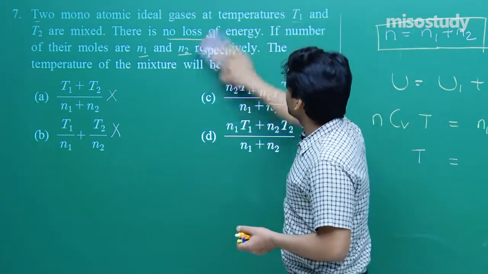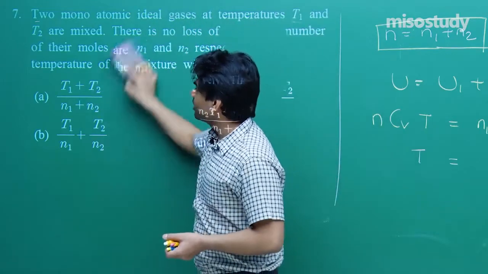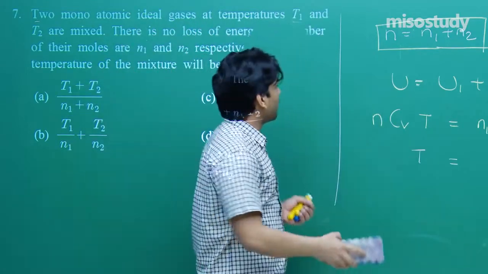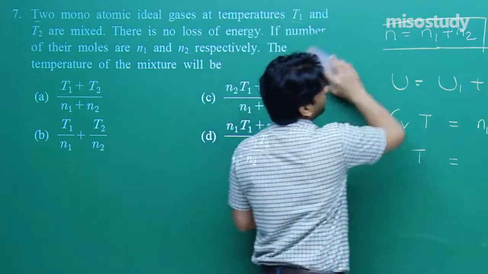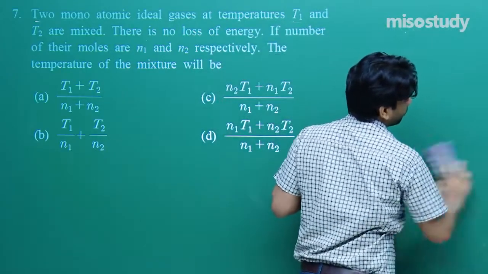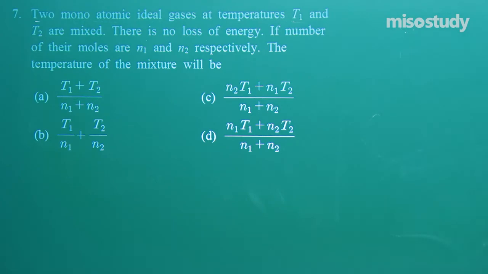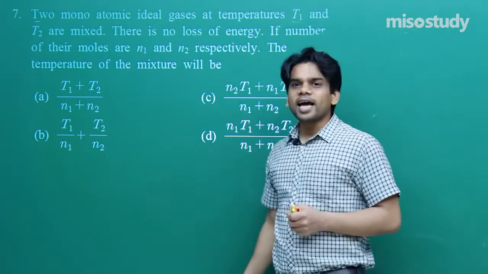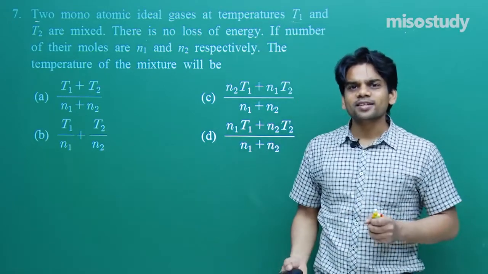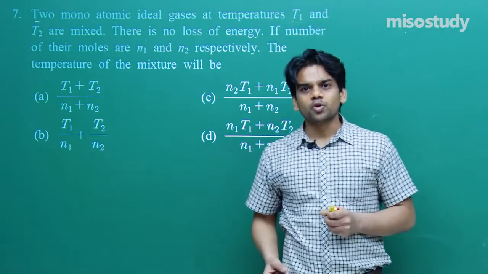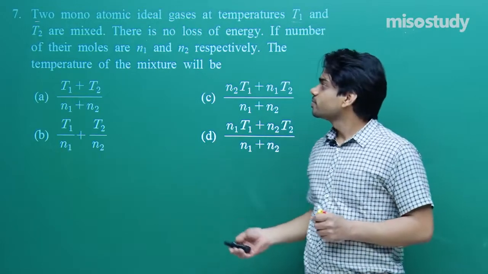So this is a very good question in understanding the concept of internal energy and how it is dependent on temperature. I have told you about the internal energy dependence on temperature. I have explained it with respect to degrees of freedom also. Let me tell you, U equals n f by 2 RT, that you can also use in this case.